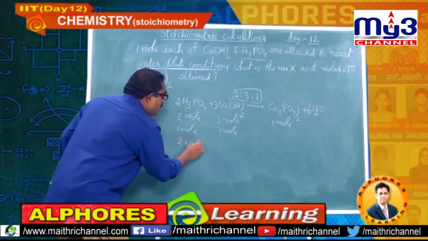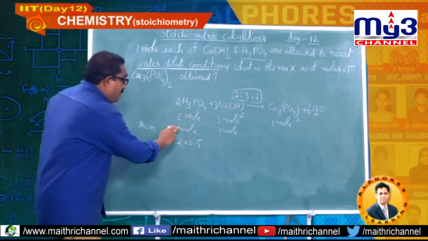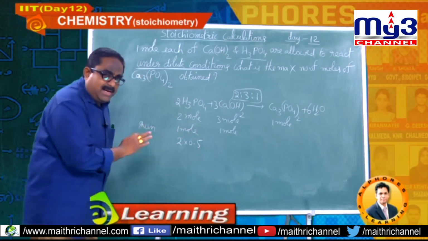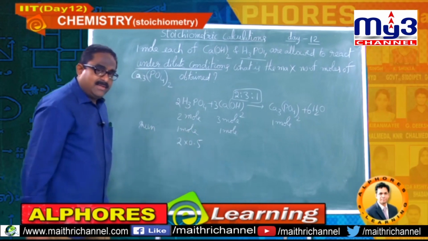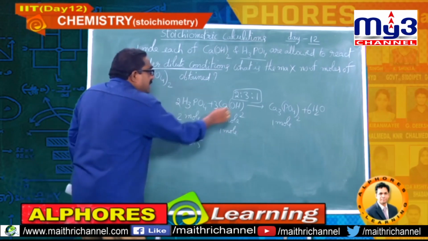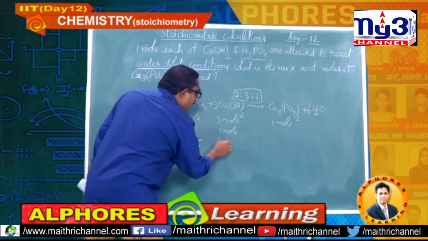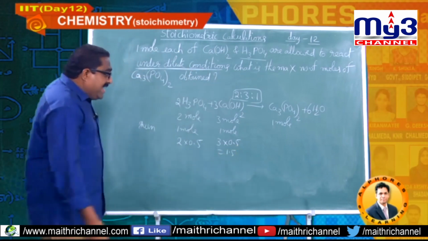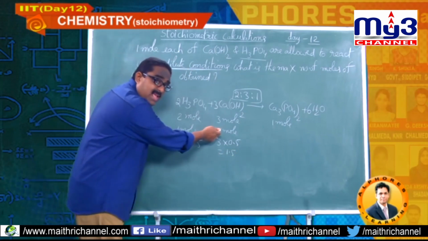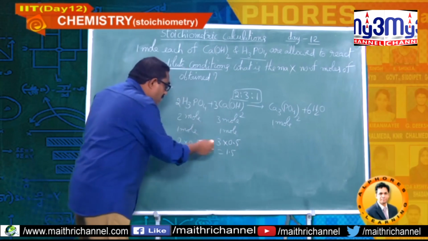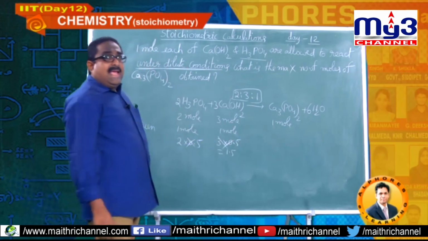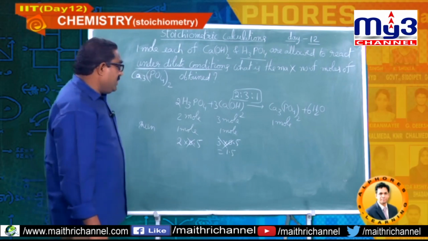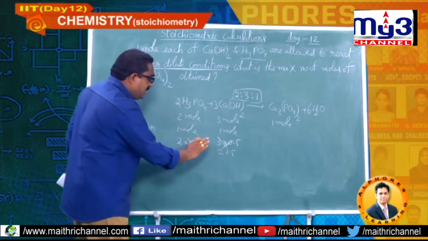2 into 0.5. 1 mole I make it as 2 into 0.5. I did not change any given value, given condition. I just made an adjustment. If it is 2, this should be 3, 2 is to 3. Here requirement is 3 into 0.5. 3 into 0.5 means how much, students? 1.5. Is it there? No, no. So this type of approach is not possible. So you are not supposed to go like this. Okay, students?